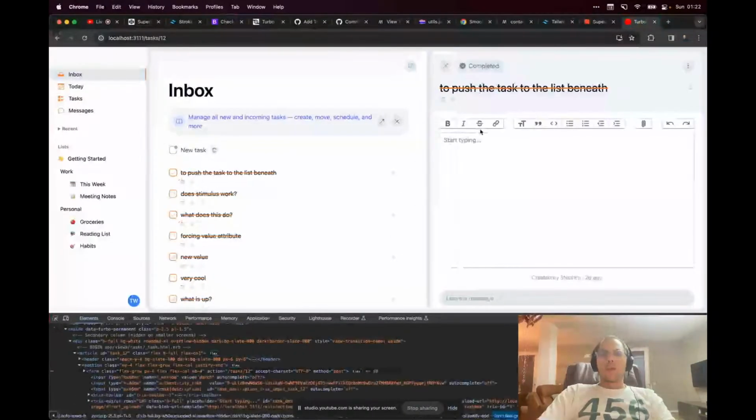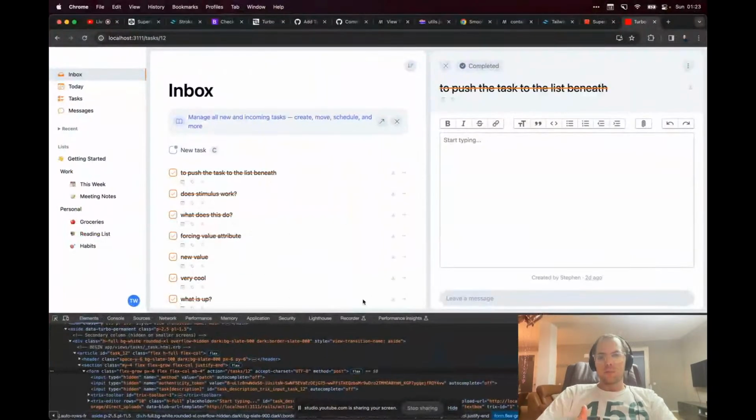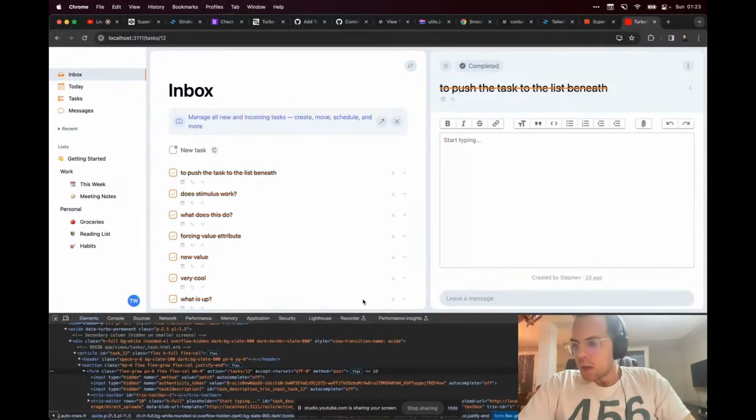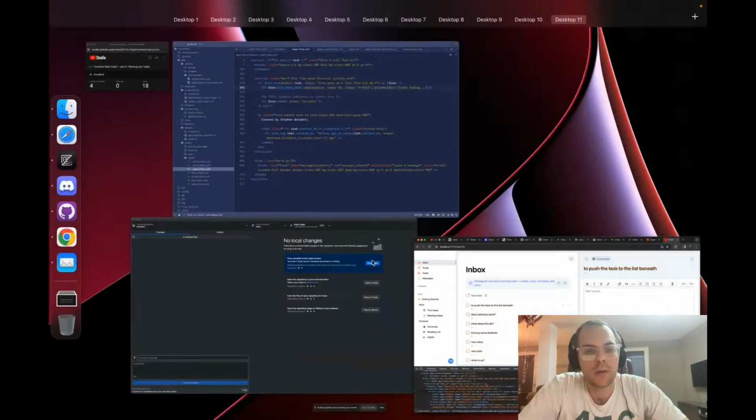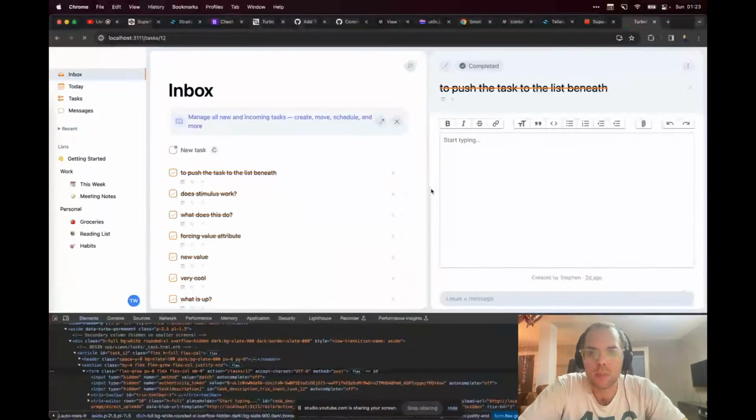Just start typing already. Approve the task description rich text field styling. Well, I guess for the time being, I just need a submit button. So